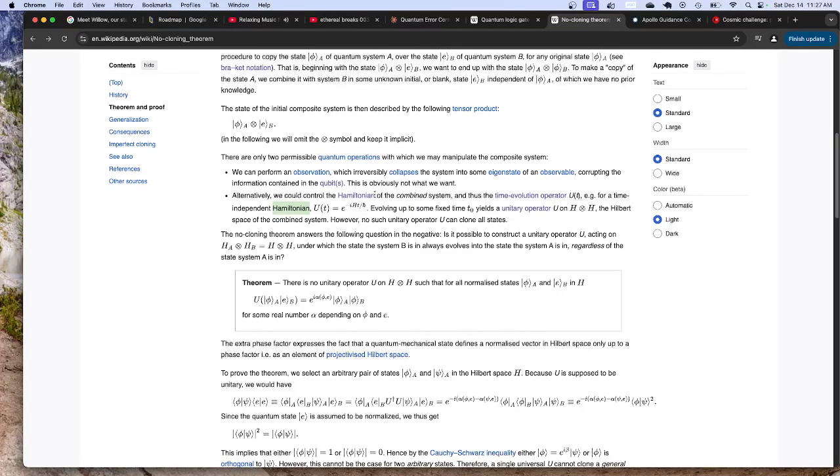What do they mean by the time-independent Hamiltonian? Because the Hamiltonian already... Here, I need to write this down. The Hamiltonian already includes time. It includes the measurement of the energy across all time, the potential and the kinetic. Total energy. Then we have a time evolution operator.